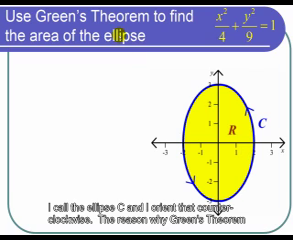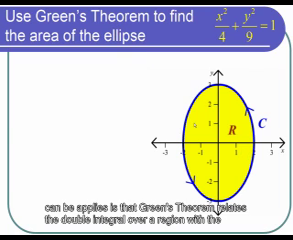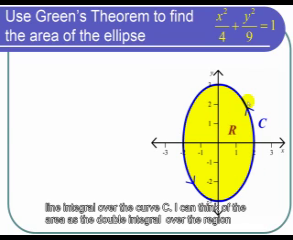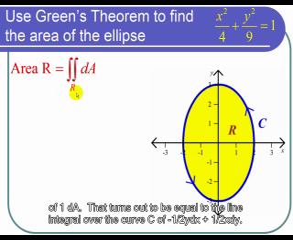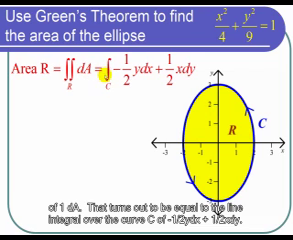So the reason why Green's theorem can be applied is that Green's theorem relates the double integral over a region with the line integral over the curve C. And I can think of the area as a double integral over the region of 1 dA. And that turns out to be equal to the line integral over the curve C of negative 1/2 y dx